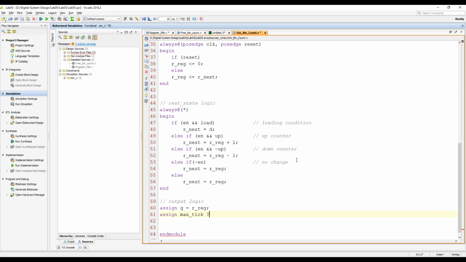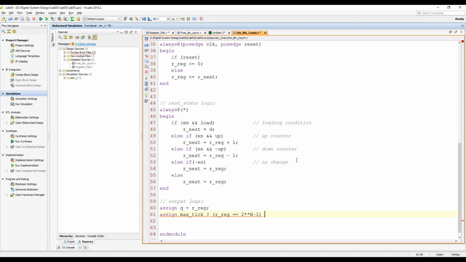Then question mark. So what is the condition? When the max tick will be generated, the condition is if RH is equal to 2 raised to power n minus 1.